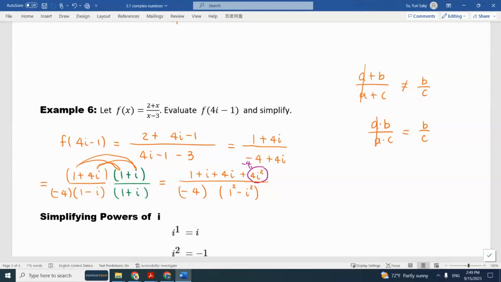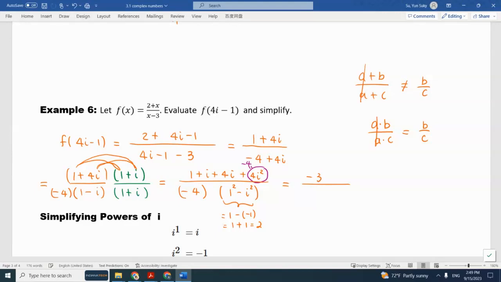So this is actually 1 minus negative 1, so it's 1 plus 1. So it's 2. Okay? Alright. Look at the numerator. Numerator 1 minus 4 is